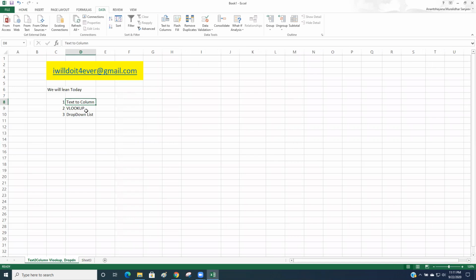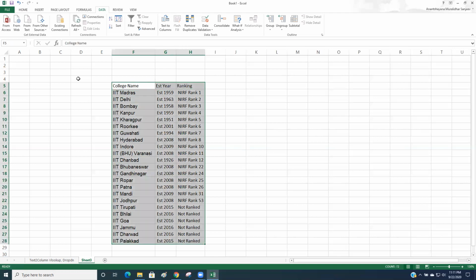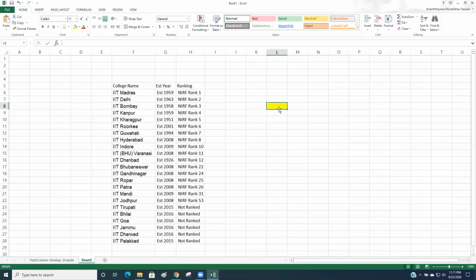Now let's come to lookup. For lookup, we need a small database, for example. To demo you, we can consider this small database. Now what we need to do is a lookup. I'm just highlighting this in a color. Someone enters a key here, college name, IIT or something.